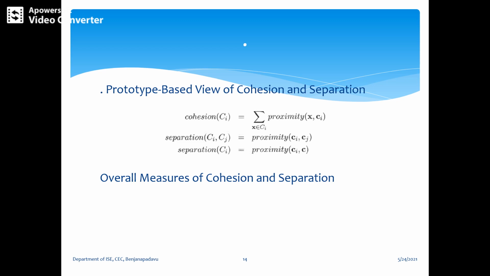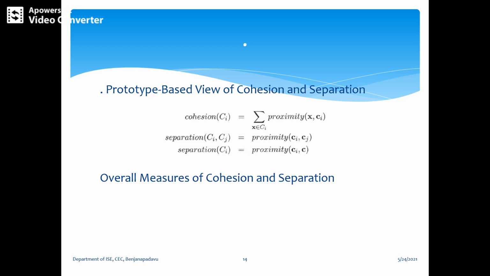Next, the relationship between prototype-based cohesion and graph-based cohesion. SSE is always the sum of the distance of C comma x whole squared, which equals 2 into mi summation over x belonging to Ci, y belonging to Ci, summation of the distance. So there are two approaches for prototype-based separation: the total SSB calculation, and another is the relation between cohesion and separation, that is the TSS, will be calculated.